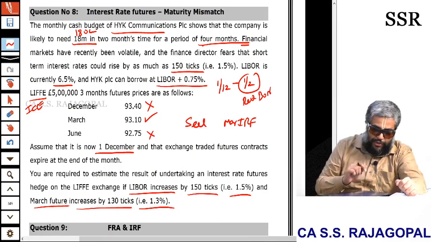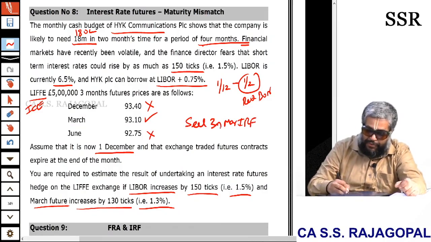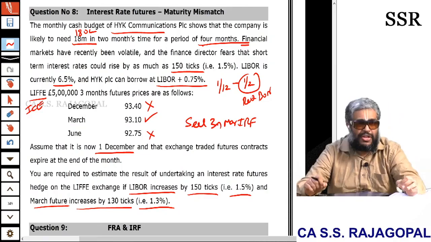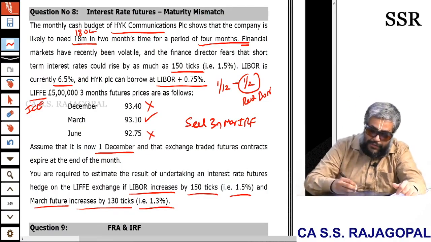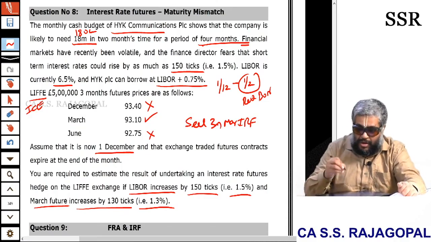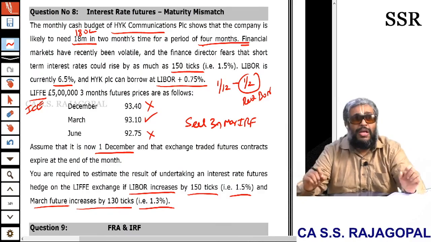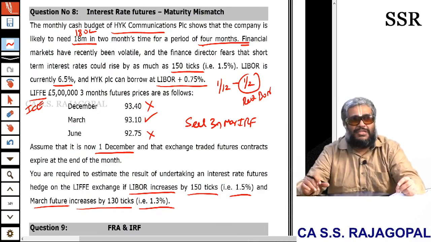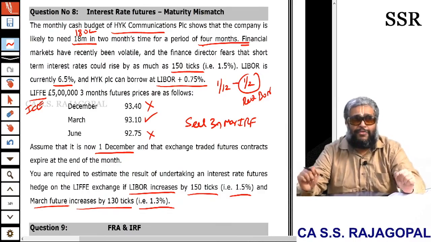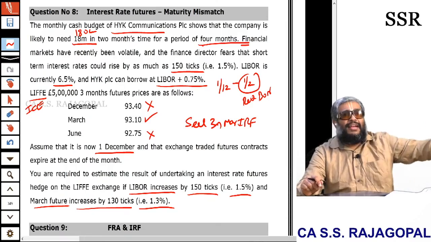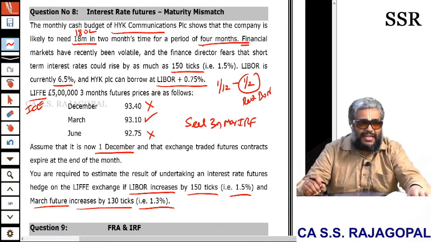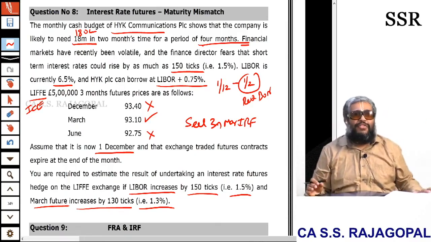But all these futures given are 3 months futures. So it can sell March 3 months interest rate futures to hedge its loan. But the loan is for a period of 4 months. So how to hedge a 4 months loan with 3 months interest rate futures? The number of contracts should be multiplied by 4 by 3, loan period divided by futures period. Increase the number of contracts to tackle this. That is what we had already discussed in the previous introduction discussion. Only that changes, apart from that nothing.